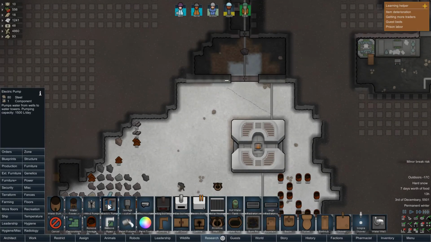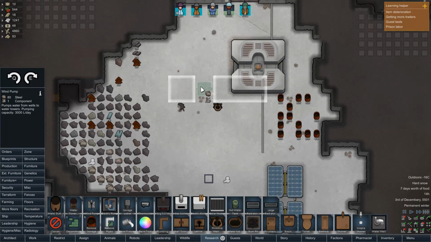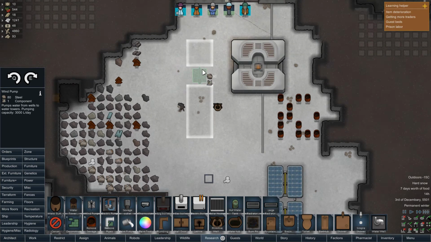We need a pump. Now, we've got electric pumps, we've got different things. A wind pump actually is much more effective. All we need is to make sure that it's got enough space. And to be honest, that's really, really easy. So, I'm just going to ask it...